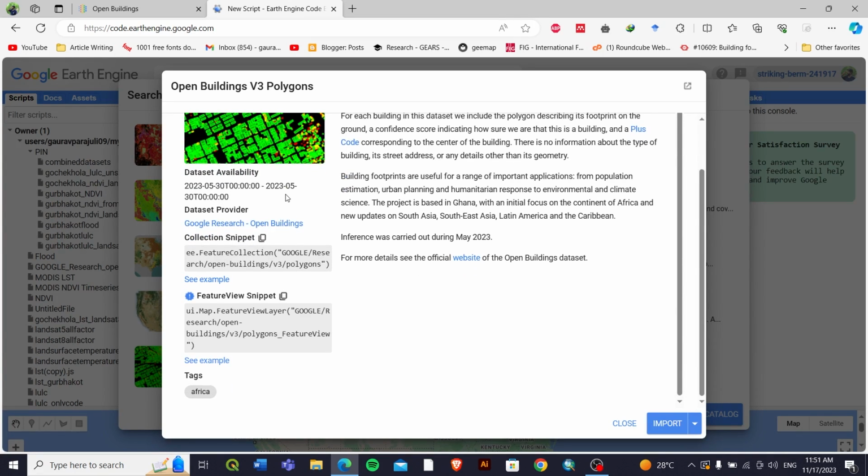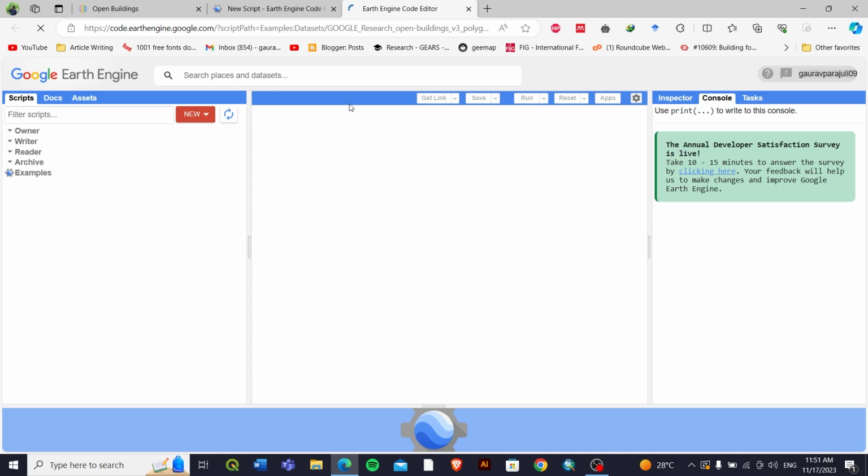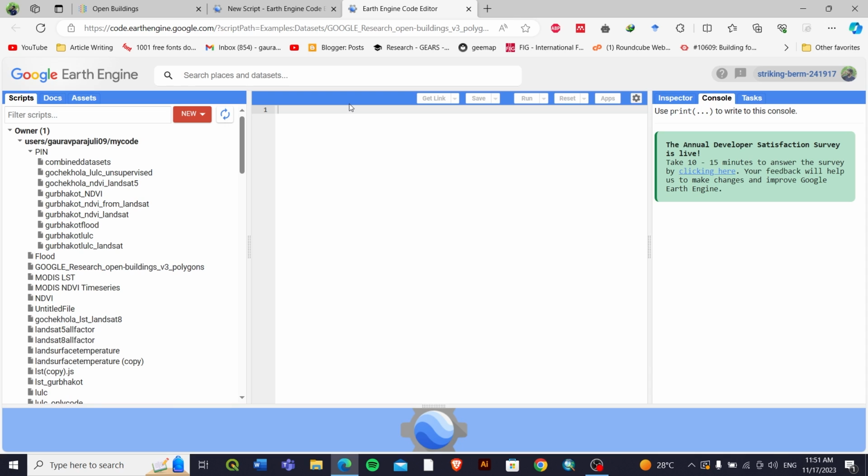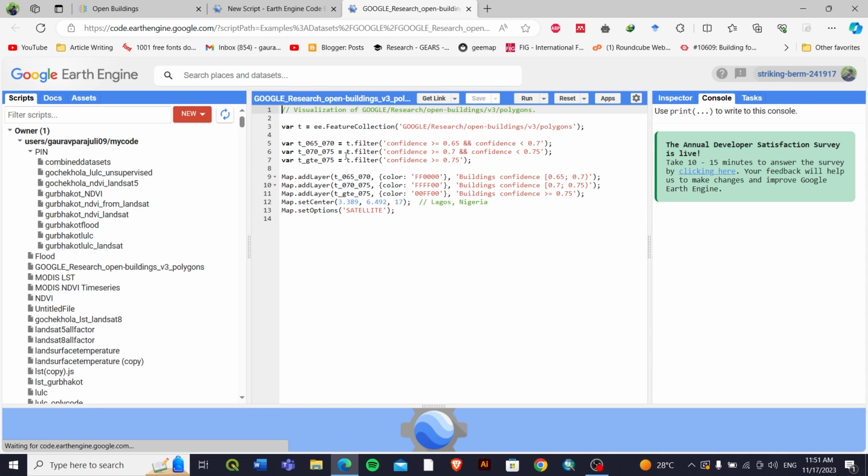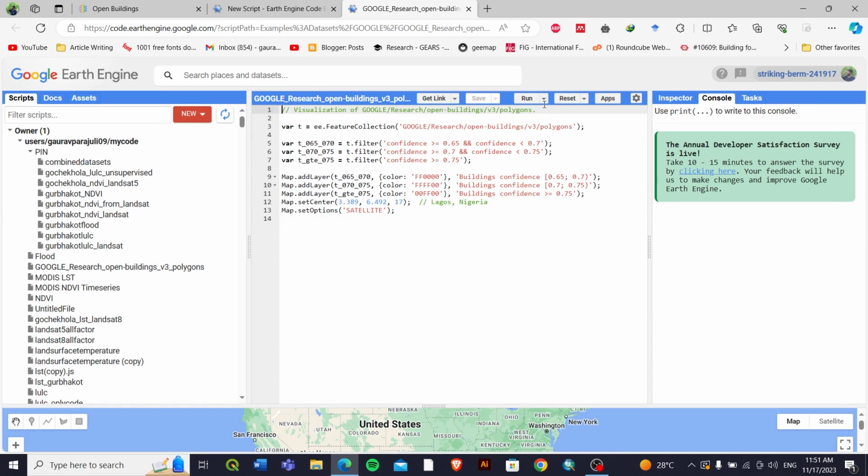So it's of that date, and I'll go with collection snippet and copy it, or you can see it directly from the example. So it's the example, so you can directly load that example into your code editor. And let me go now with some extra coding, so that you can download your data